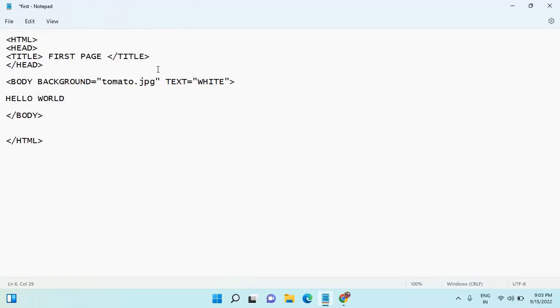right? Now one thing that you need to know here is that HTML files always accept images either in JPG or in GIF format, either JPG or GIF format. Other than that it will not accept any image. So I said body background equals to tomato.jpg and text equals to white. Now this image should exist on my computer, only then can I fetch it and only then can I show it in the background. Any image that is not existing on my system will not be taken by this browser,